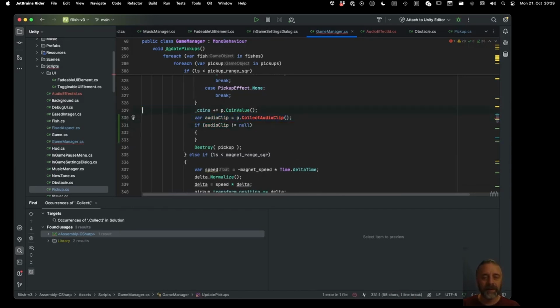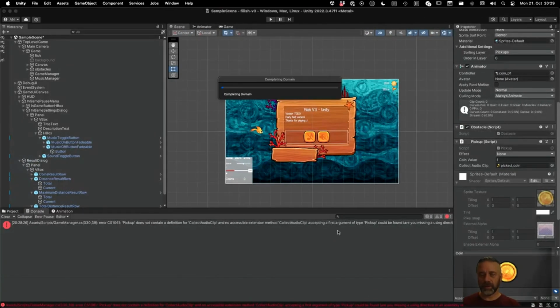Okay, wait. Collect audio effect. And then if that is not equal to audio effect ID none, then we do something, right? So now we can, when the compiler works again,